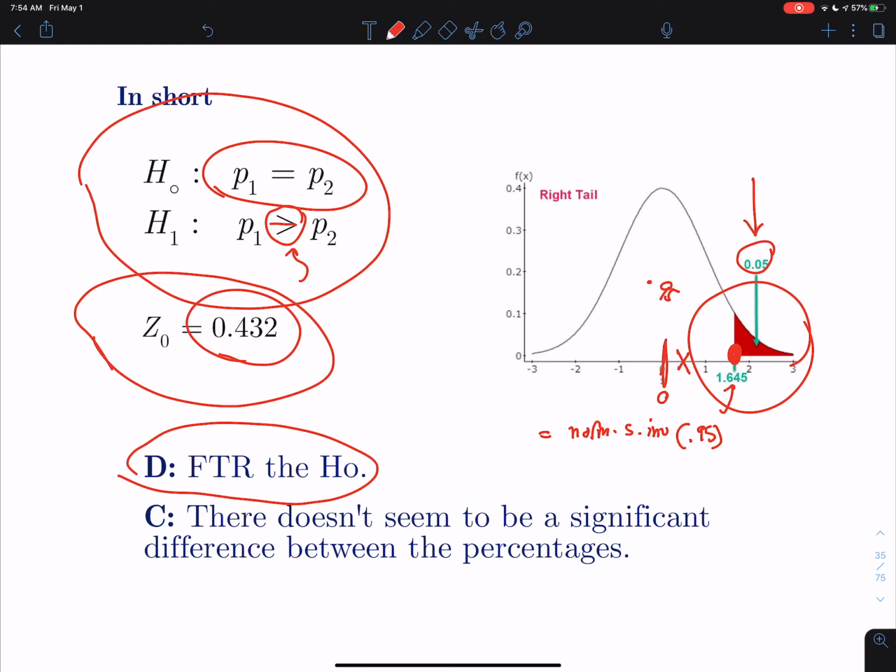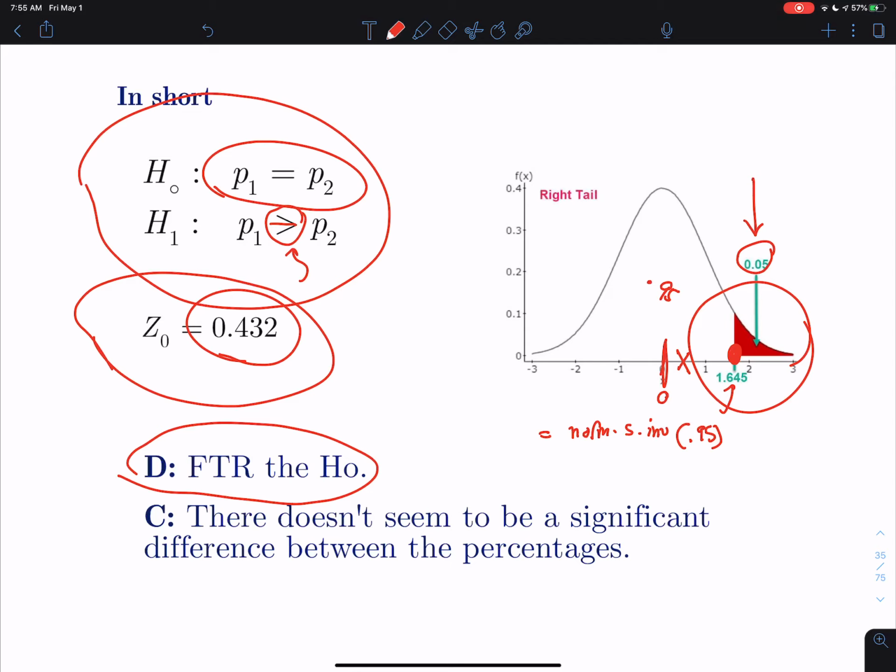Because remember, the whole foundational concept of hypothesis testing is for the researcher to always go in the direction of trying to reject the null hypotheses. Because in practice, the null hypothesis is always the status quo. And a researcher, why would you want to do research? Well, because you always want to go against the status quo. Because if you agree with the status quo, then why are you even doing the research? Just let it go. So the idea is always to try to reject the null hypotheses. And that's how the conclusion has to be geared. So you either say you reject it, it's no good, or I couldn't reject it, and I couldn't find enough